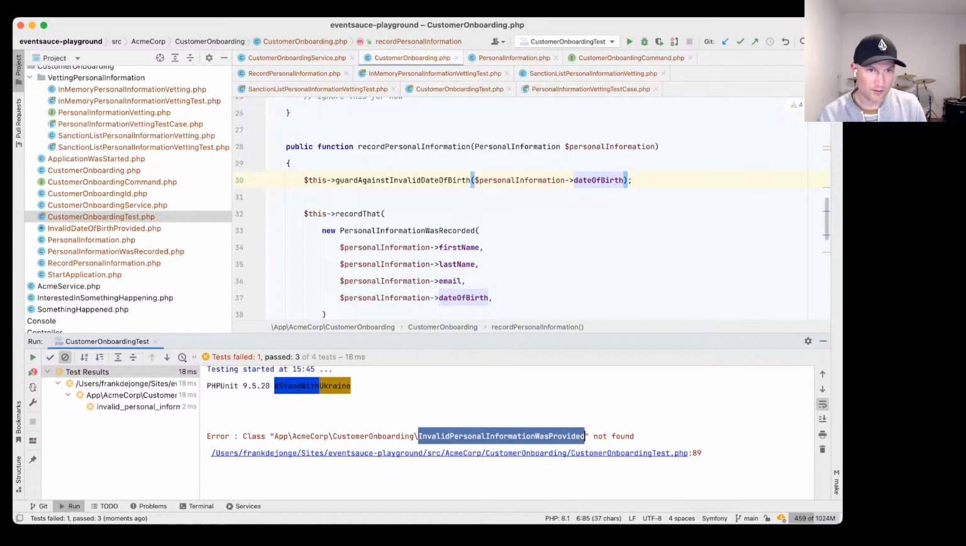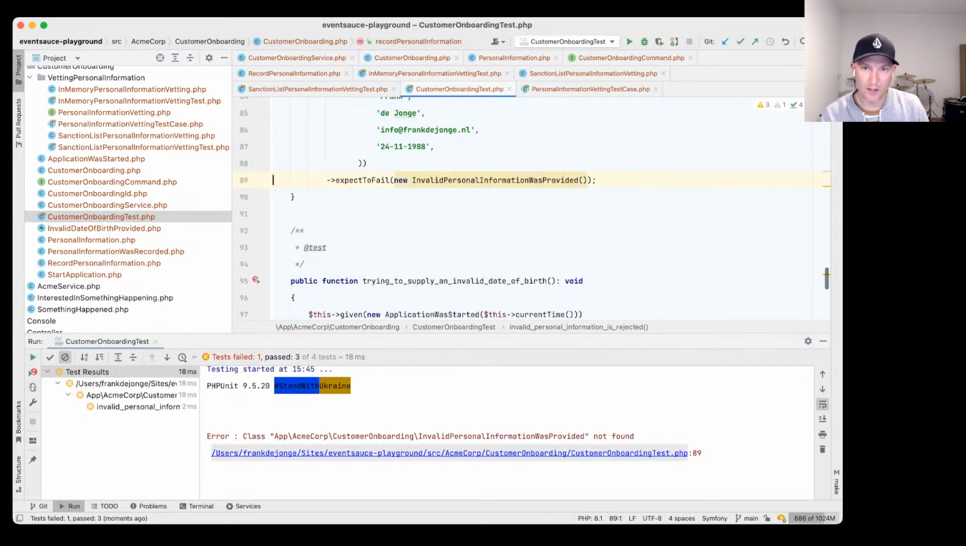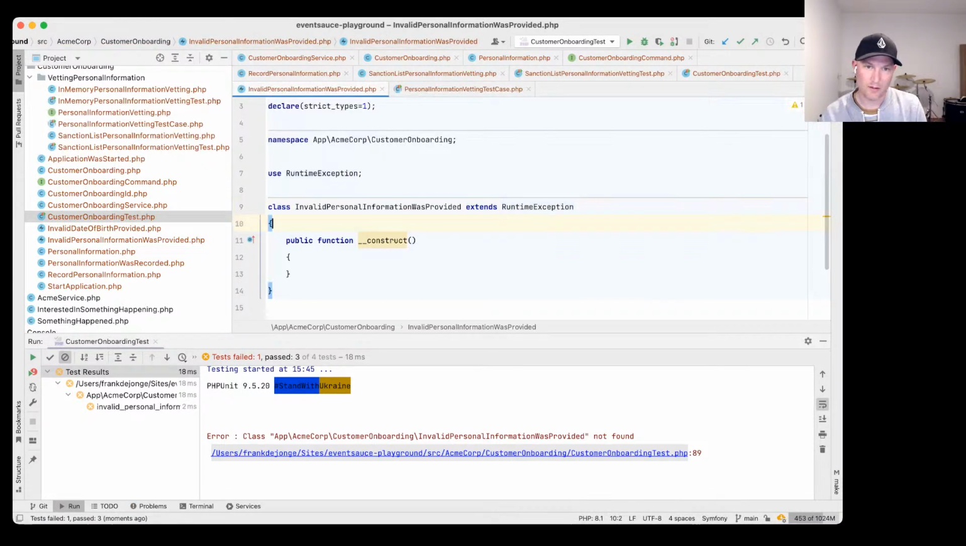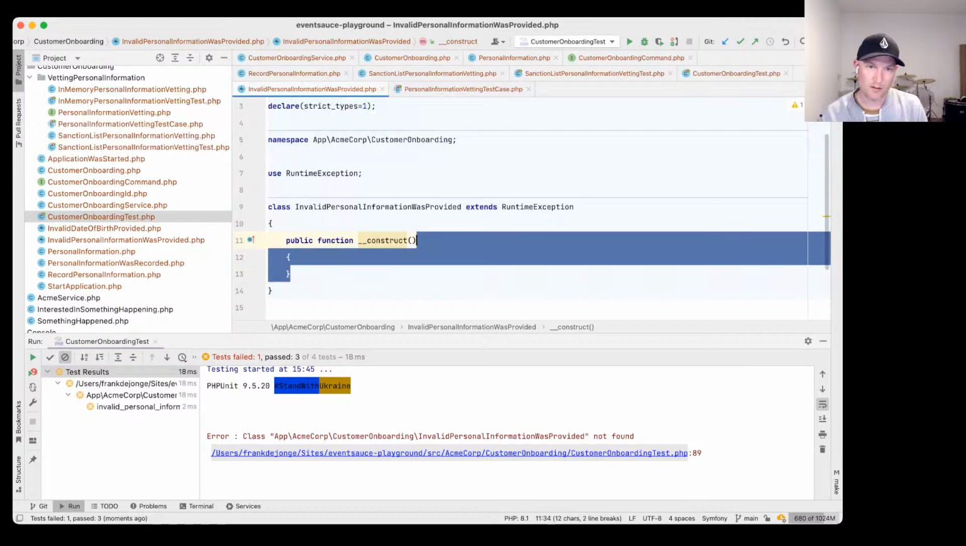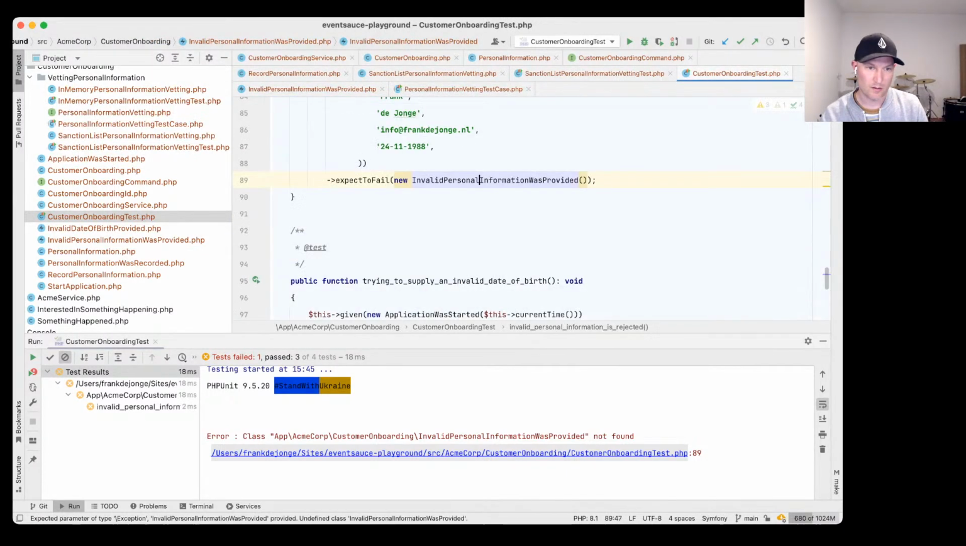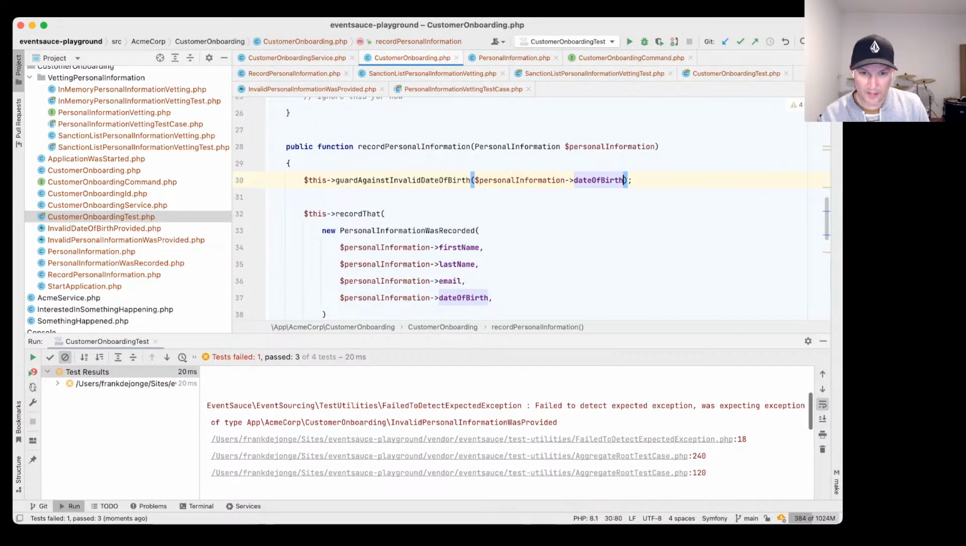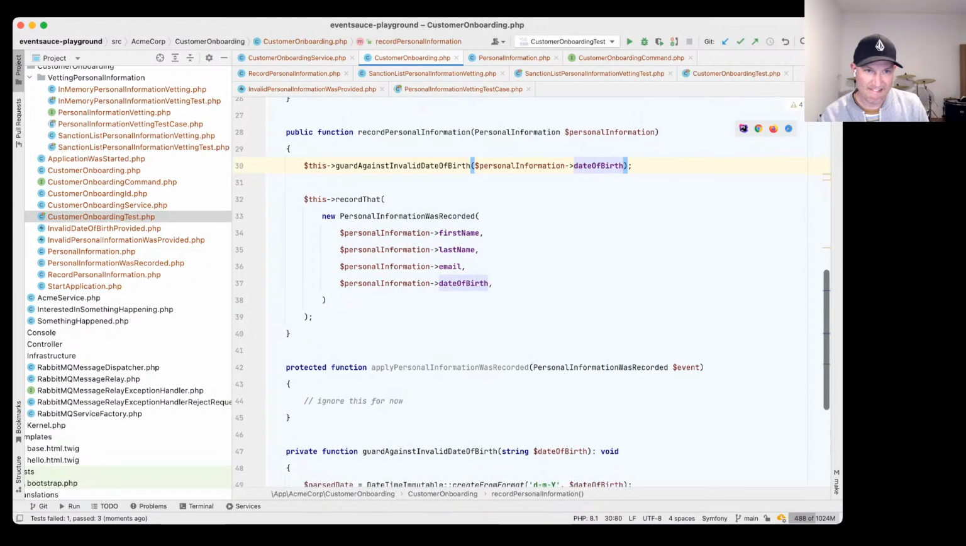All right, what's happening? That exception does not yet exist. It failed to detect that this was the case. Well, that makes sense, right? So now we're going to say